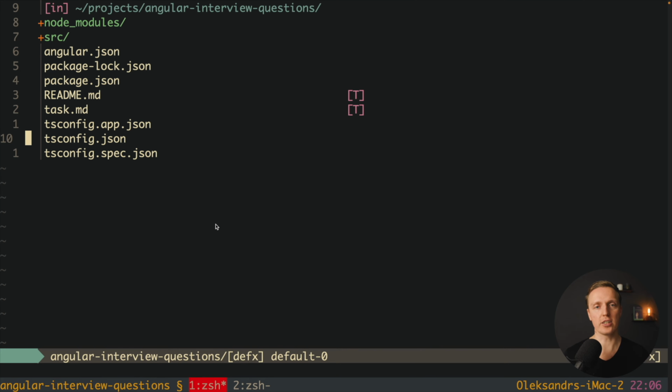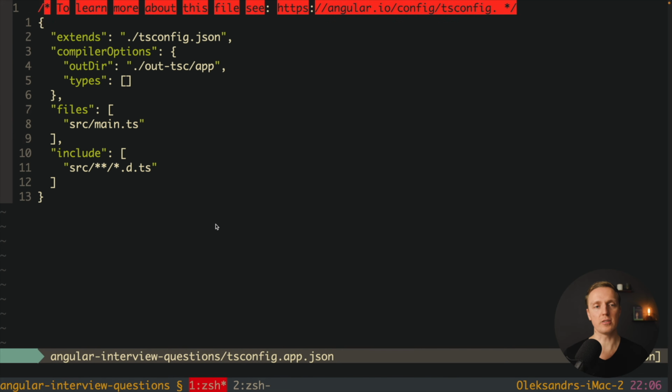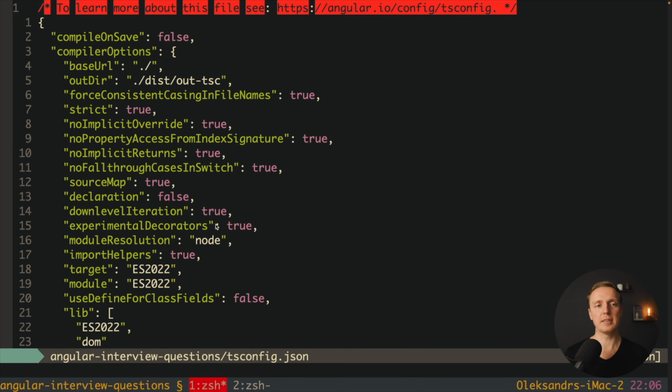And the last thing that I want to mention is where tsconfig JSON is located inside a typical Angular application. Here I have an Angular project, and in the root of it we have tsconfig JSON and tsconfig app JSON. This tsconfig JSON is the main one, and this tsconfig app JSON is extending this tsconfig. This is exactly what you can see here. And this is the typical configuration that you will see inside Angular.